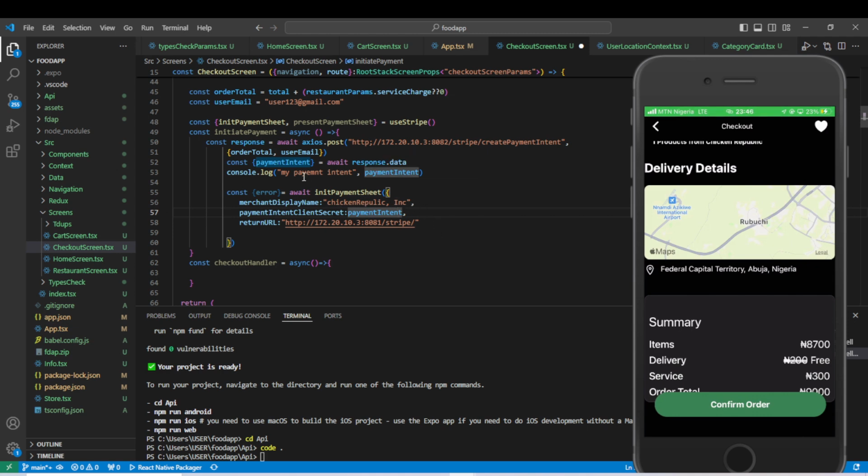So we'll get the payment intent. So let's continue. If we come here now, we're trying to see if there's an error. So we'll pass the error message. Else we await the init payment sheet. If not, it will present the payment sheet, and then this will be the merchant